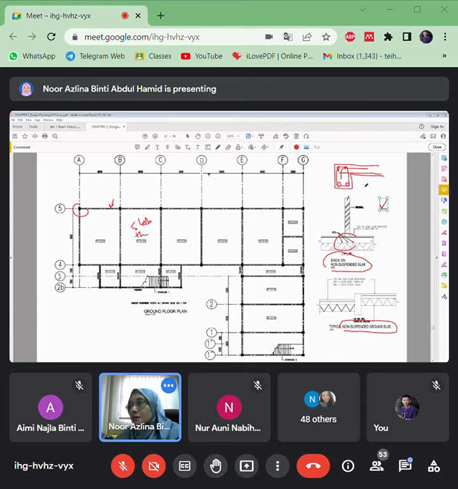This is non-suspended, which is suspended slab. That means the slab and beam are connected. They are constructed together. Okay, which is, it is concreted together and everything is attached. If non-suspended, that means the beams and the slab are separated, because sometimes the ground, the soil properties are very good enough that it can support the load from the slab.